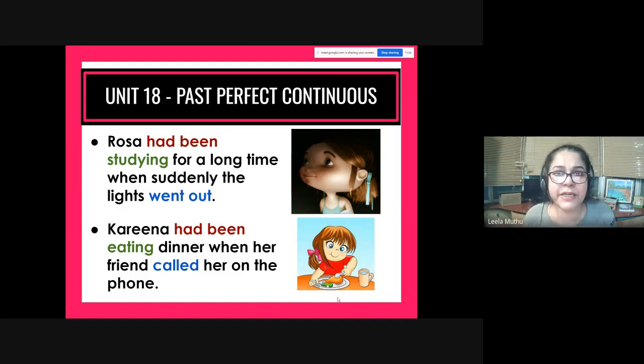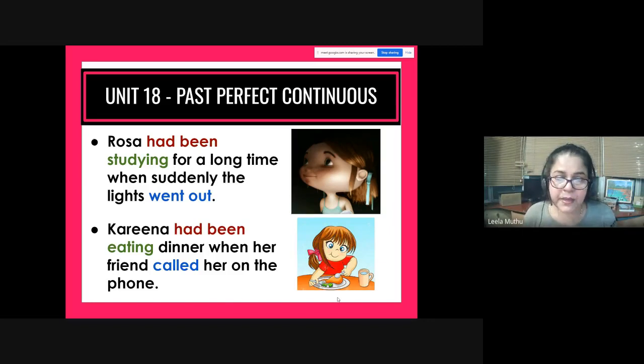And then, she was like that friend who speaks on the phone for many hours. So she stopped that action, that continuous action of eating dinner. She had been eating dinner when the phone rang and her friend called her. Okay, so it shows an action which happened in the past and was continuing to happen till something occurred and